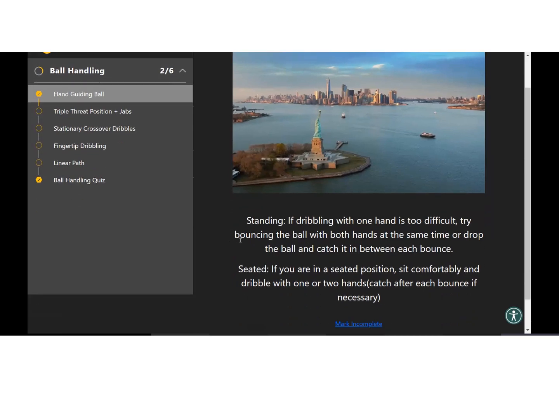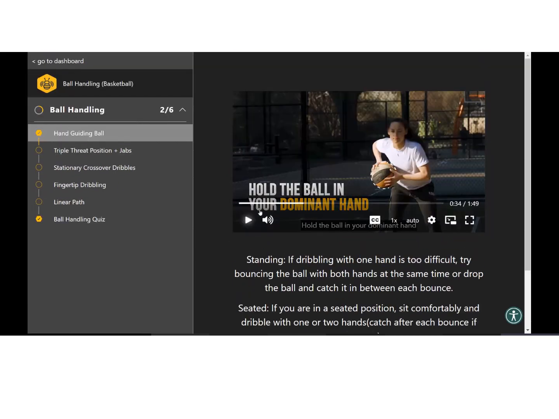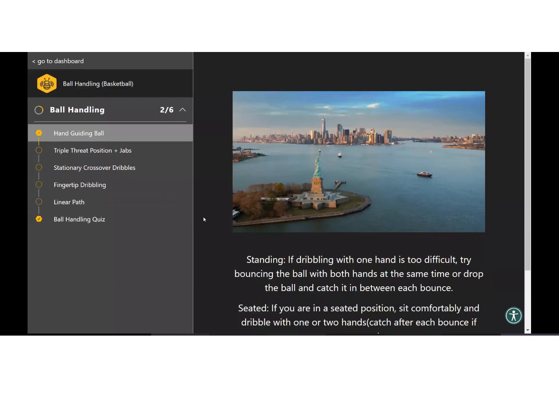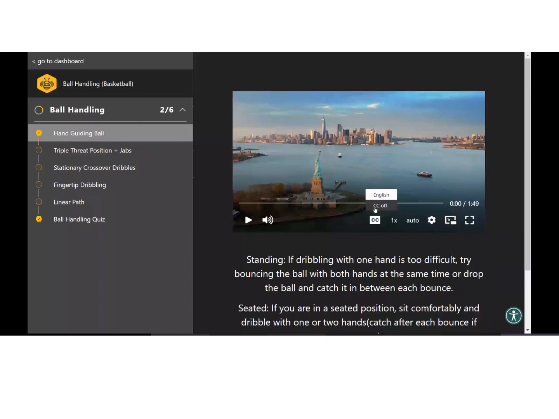Before this plays, I'll just draw attention to a couple of things. One is that you'll see here on the side, these are all the skills that we've added just for the learner to get comfortable with handling a basketball. So again, it's self-guided. They can go as fast or slow as they want. You're going to watch one video just to focus on one skill before you even think about anything else. So I'm going to let this play for just a moment. I'll make sure closed captions are on, and then we'll get started.